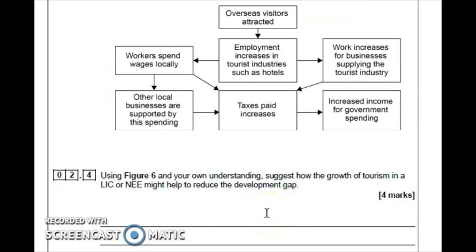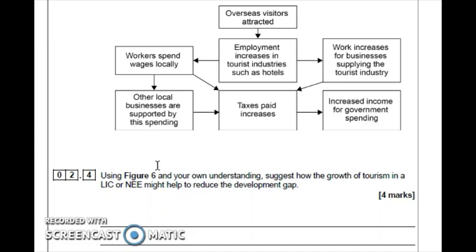So we've just got to suggest how tourism has helped to bring more money to the country. So all we've got to do from this figure is just maybe state a few words or just one of those facts, and then you can link that into our case study as well. But there's got to be some reference of this. So, for instance, in Tunisia, there are lots of positives. People come to Tunisia because the climate is really good, the weather's great. They've got some fantastic physical geography. They've got Mediterranean beaches, they've got mountains, they've got the Sahara Desert.